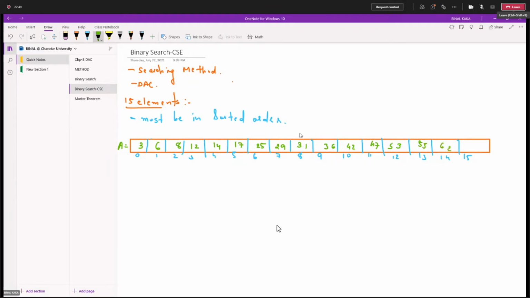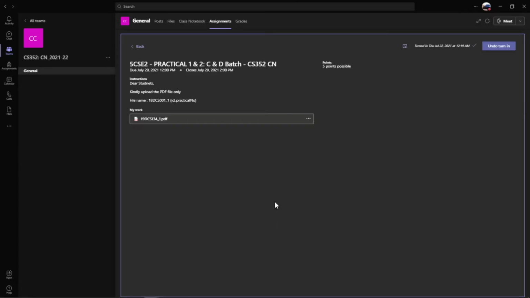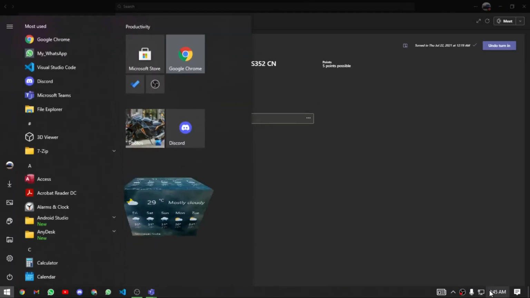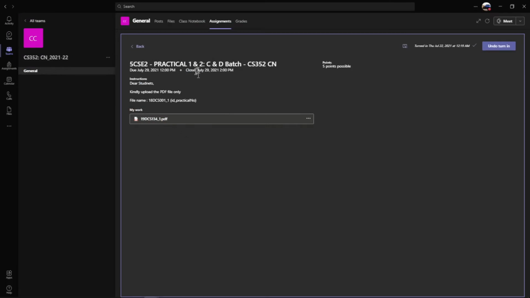Let's start the indexes from 1. 4, 5, 6, 7, 8, 9, 11, 12, 13, 15, right?